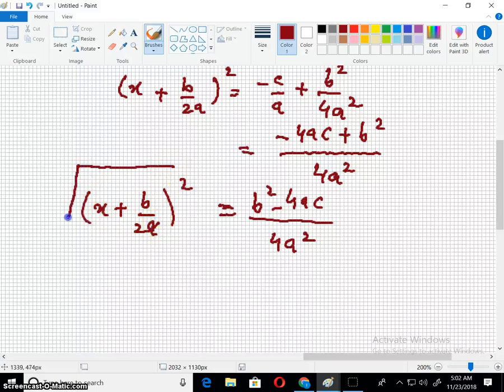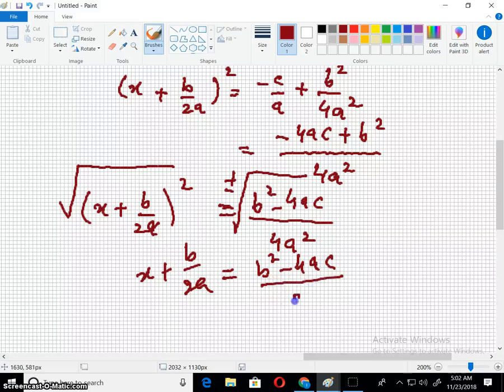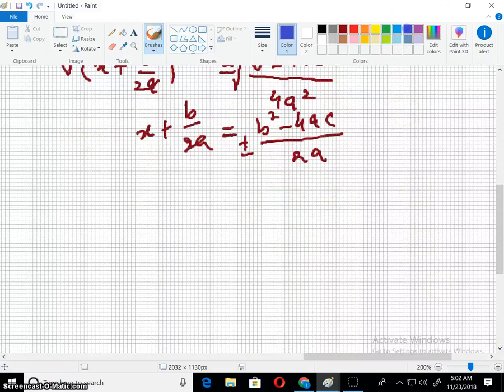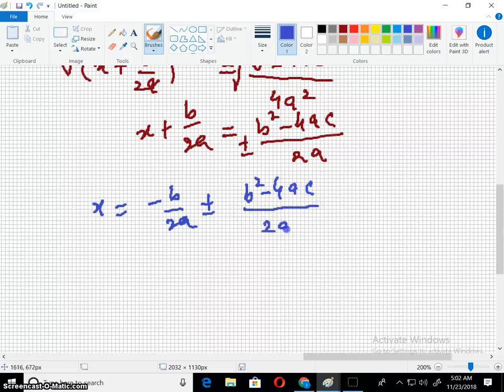Now taking the square root on both sides, so x is equal to negative b over 2a plus minus square root of b square minus 4ac over 2a, or minus b plus minus under root